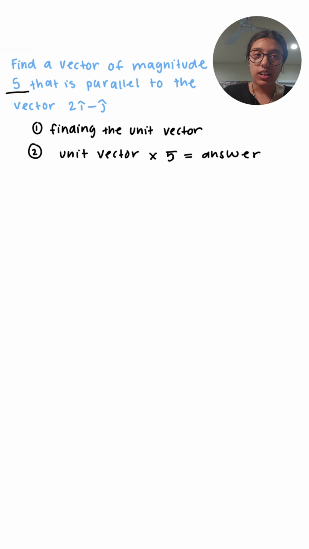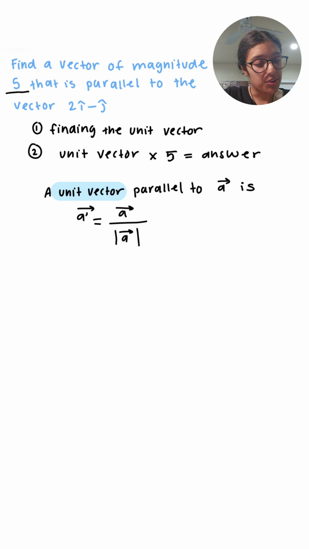And in order to find that unit vector, we actually have a neat formula, which is this formula right over here. A unit vector parallel to another vector, a vector, is a prime vector, is equal to a vector over the magnitude of a vector. So let's clear a few things out first. We're going to assume that our a vector is going to be this, because that is what we are trying to find a vector parallel to. So our a prime vector is going to be our a vector, which is going to be that 2i minus